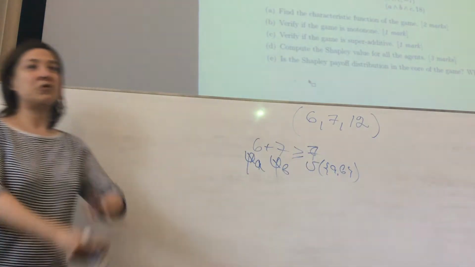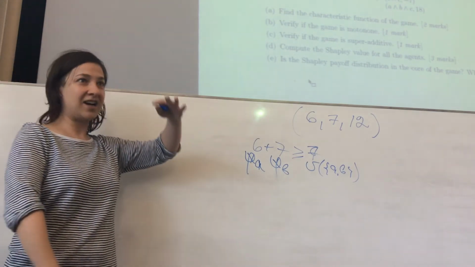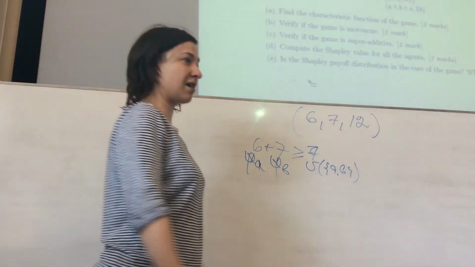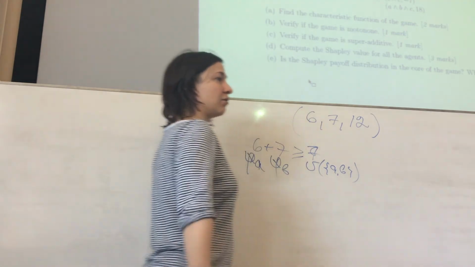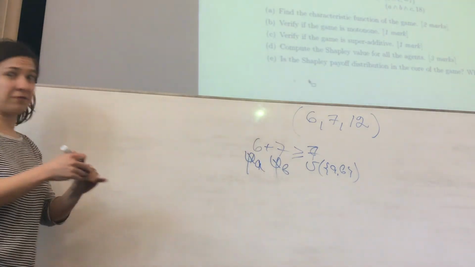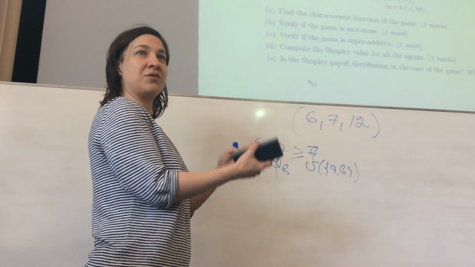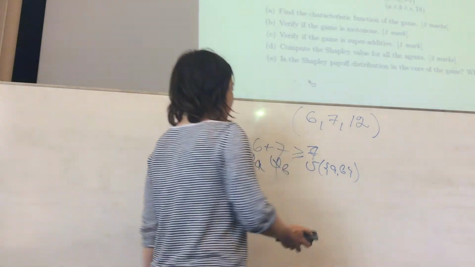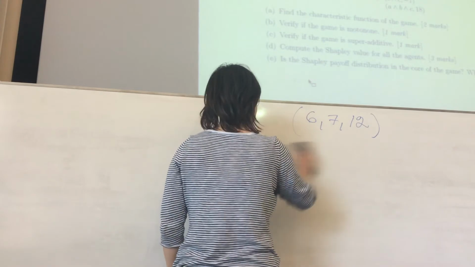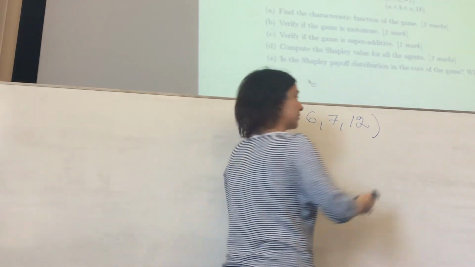Okay. If you have many coalitions, at least start and say that the same way we check every coalition. And if you haven't made a mistake, that's fine. But don't just give me the answer without showing how you've done it, because this is what we want to see. So that's this.